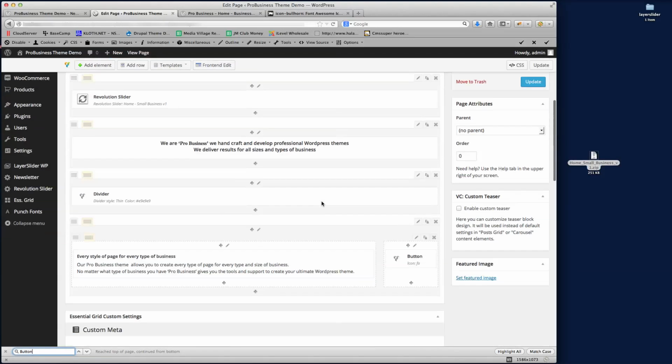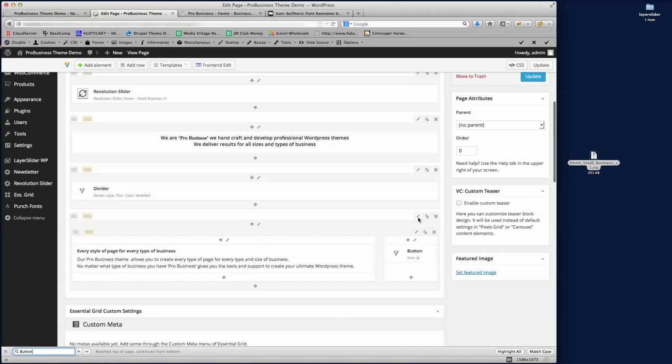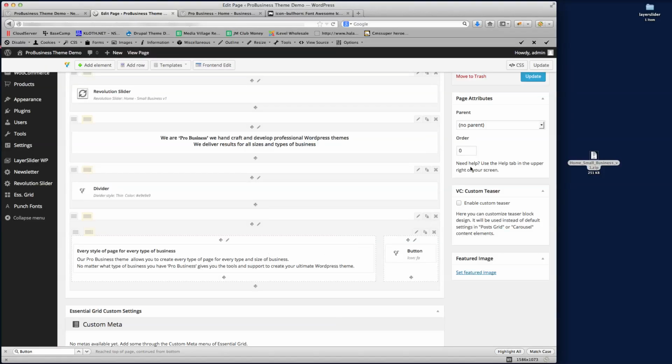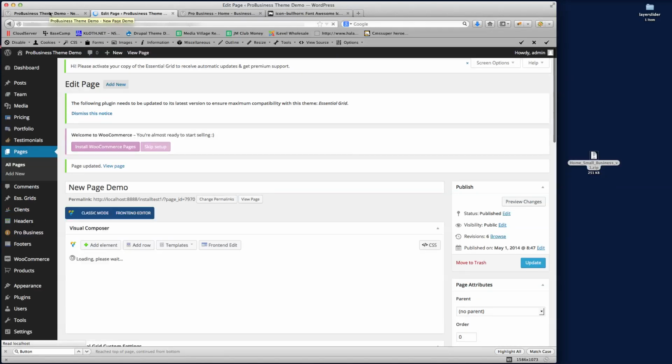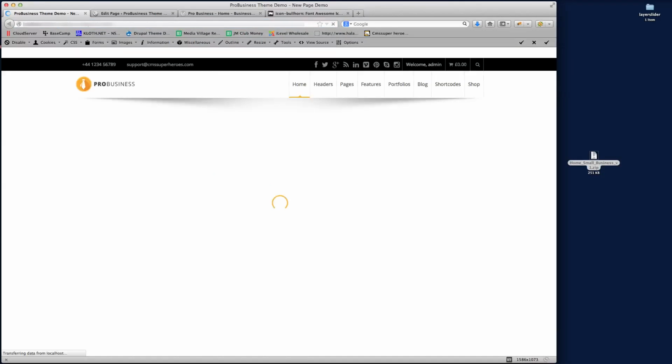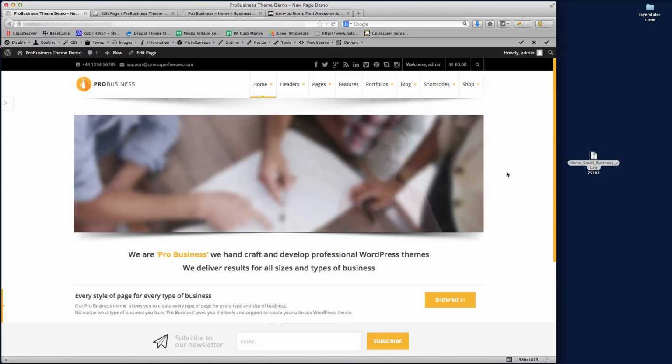So what we do is, within here now, we just click on the icon to edit the full row which is containing the row within it. And all we do there for the class name is we just type welcome. So there's a list of class names within the documentation. So if we just save that now, and then if we update the page again, you'll then see, once we refresh this page, that we get the